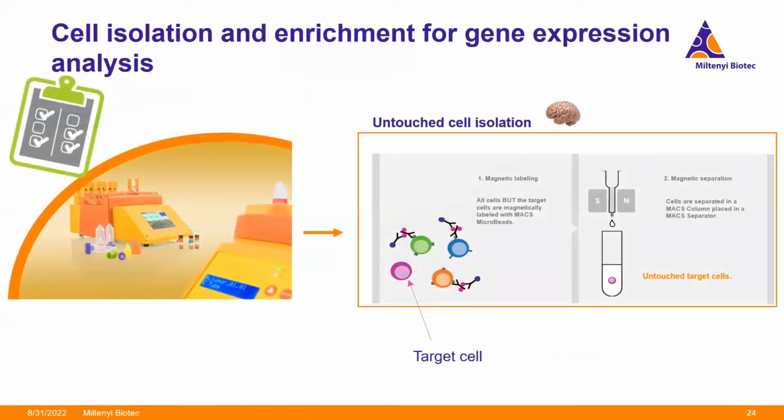So we've so far covered tissue dissociation and cleaning up your samples. Now we can get into isolating specific cell types of interest. Now, often prior to library preparation, you may want to isolate and enrich a cell type to maximize the number of a particular population you want to sequence. For this, cell sorting is usually the popular method, but another easier and even more cost-effective option is to use